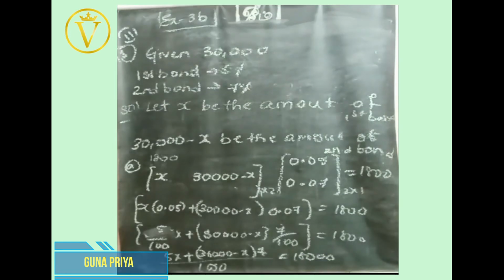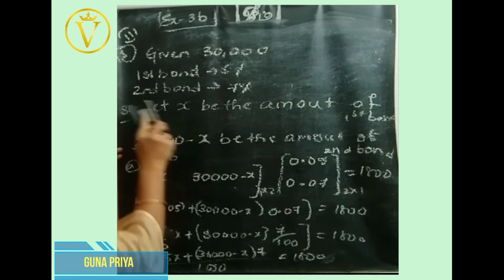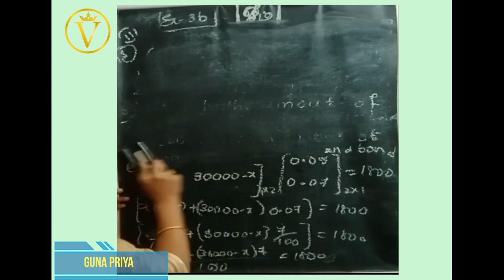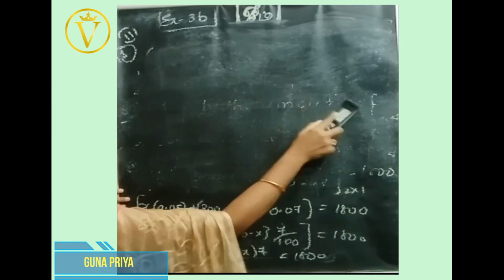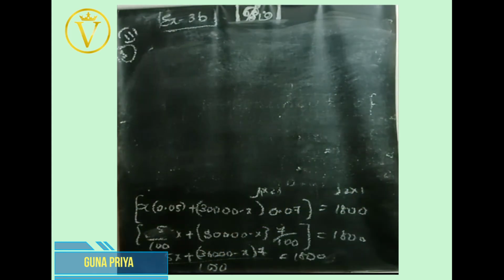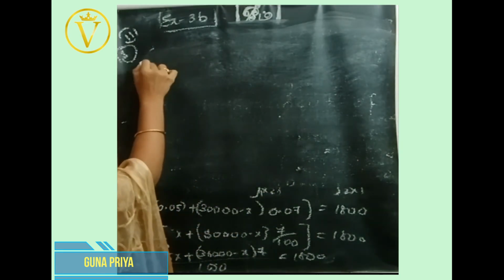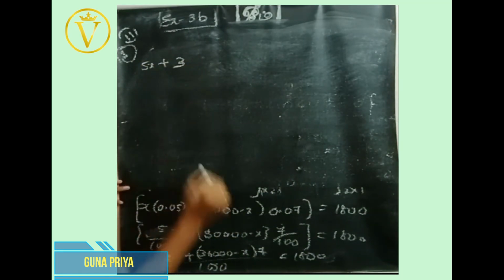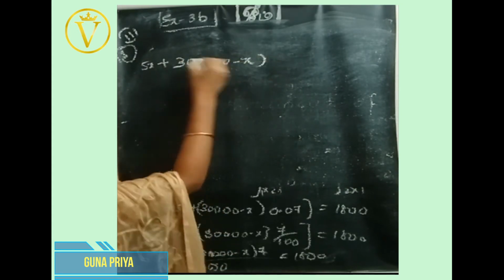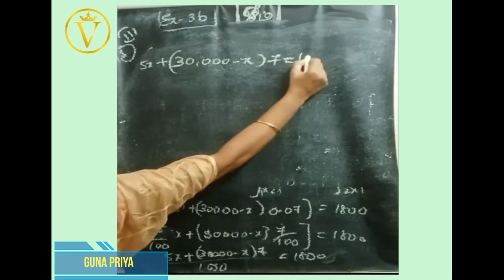So multiply 100 with 1800. So 5x plus (30,000 minus x) into 7 equals 100 into 1800,